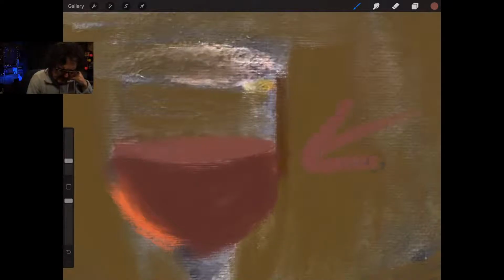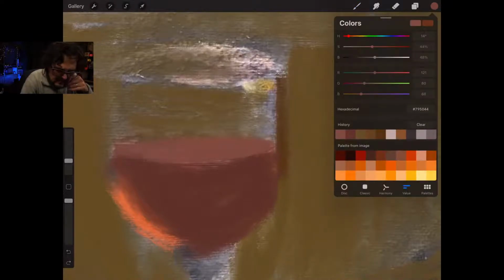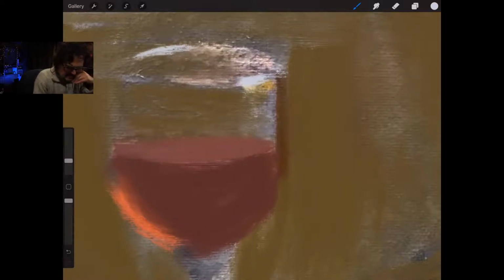If the light's coming in from this way, it's going to pass through and light up over there. Oops, too far. Let's see. And then the highlight, you would have a highlight here, and then you would catch a highlight there, on the wine right there. Follow that glass down on the wine right there.